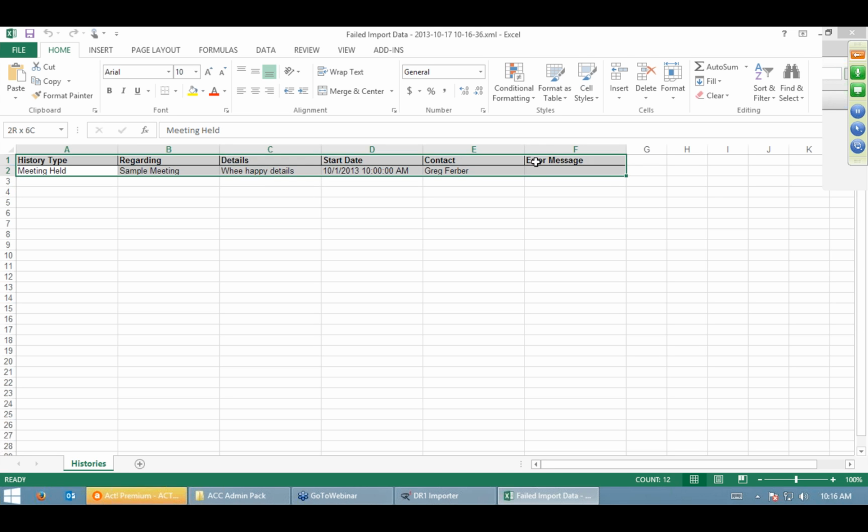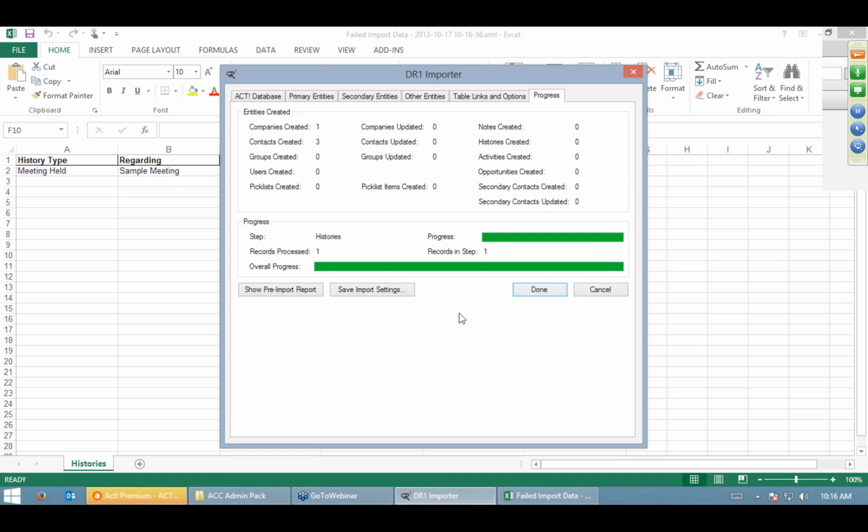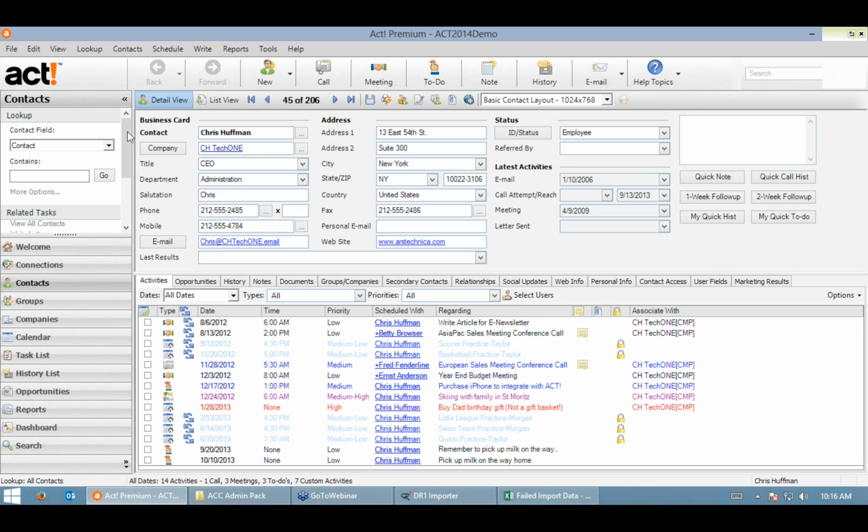So you can see we're creating new contact fields here. This is creating our Alt2 phone. All right, here's something that I was hoping would come up. Some rows were not successfully imported. Would you like to review the failed data? So if something doesn't get imported into the database correctly, DR1 Importer will actually pop up and say, hey, we